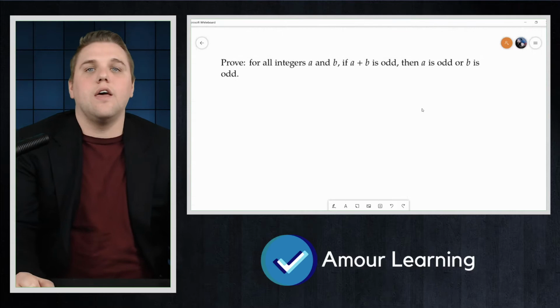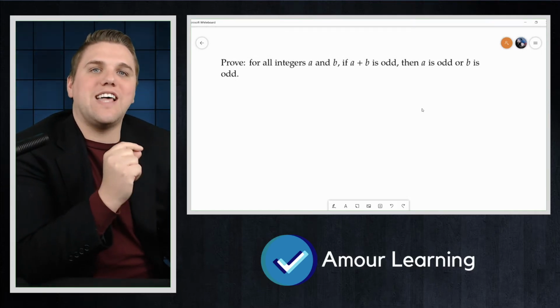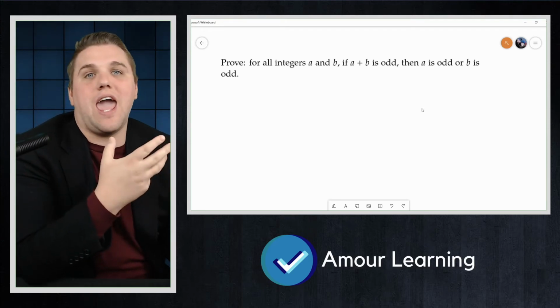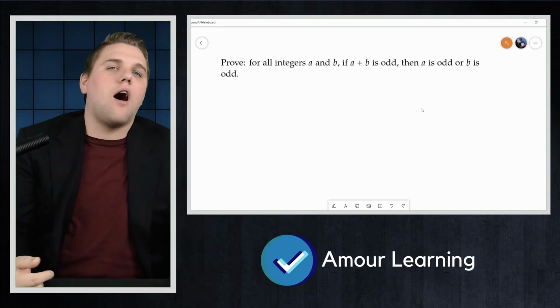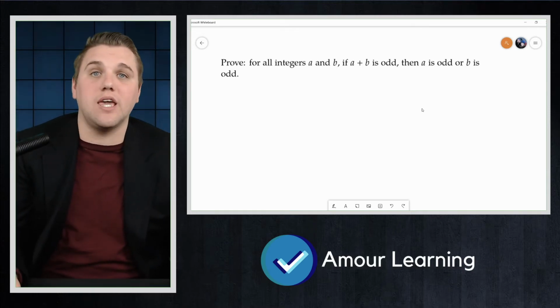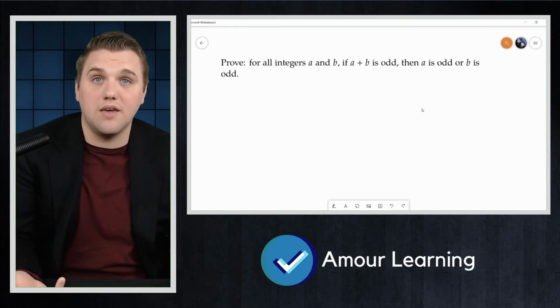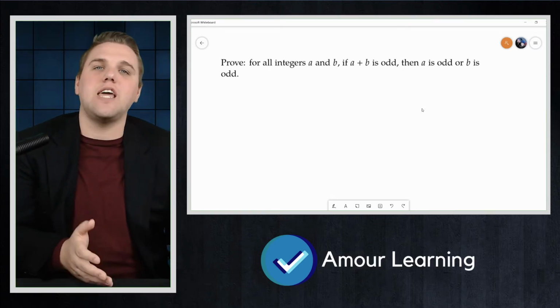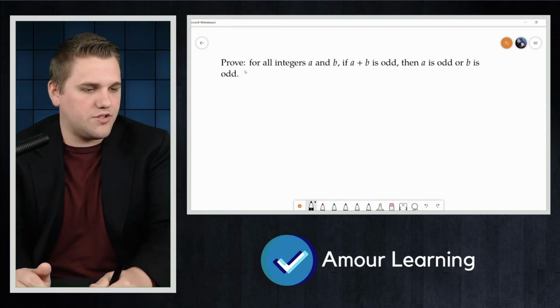is odd. Now, the problem with trying a direct proof is that it will be hard to separate a and b from knowing something about a plus b. On the other hand, if we know something about a and b separately, then combining them might give us information about a plus b. The contrapositive of the statement we're trying to prove is that for all integers